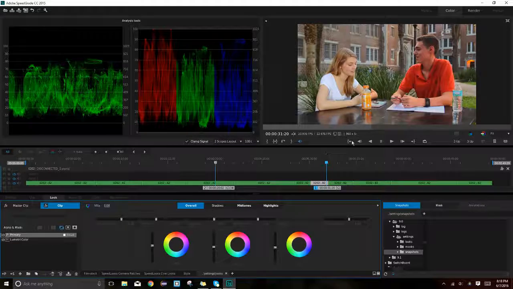If you could split screen this, you wouldn't be able to tell that they were two different shots. But there are obviously differences. And like I said, when the sun shifts like that, there's always going to be differences. But I'm pretty happy with